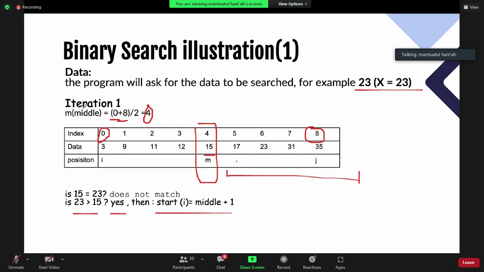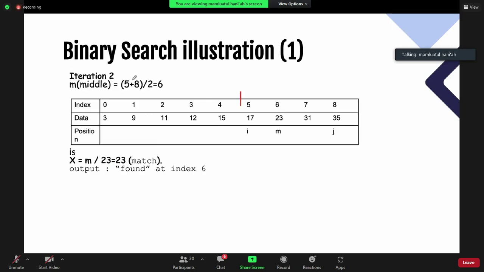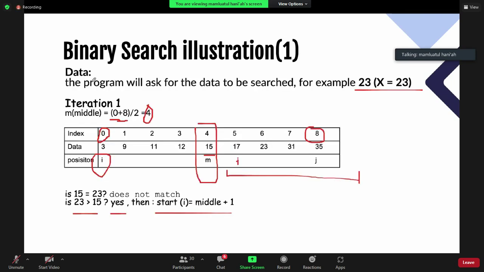So I have I, yeah, initial position. I is 5 and my K is the same. So in the next iteration, I have it like this. Yeah, this is our subproblem. Yeah, we justified it. Okay, and here I will find the middle, but the initial position or the start position is different from iteration 1, ya kan?